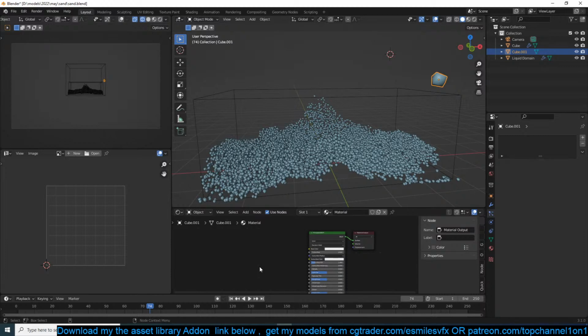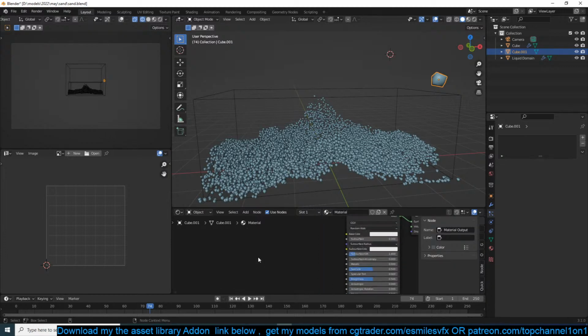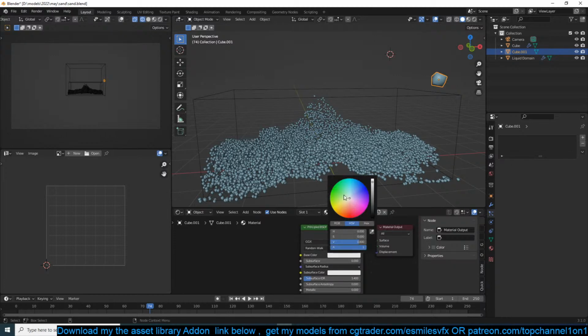A combination of that and geometry nodes. I should really check that out and see how he made it. Let me see if I can try and figure it out.